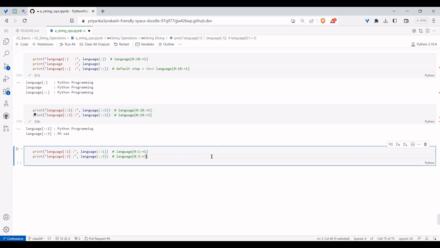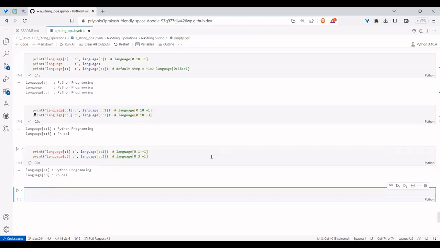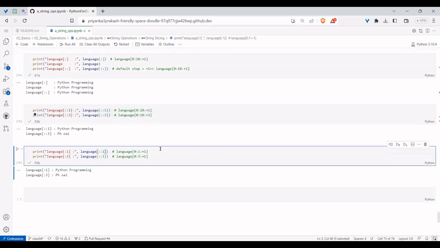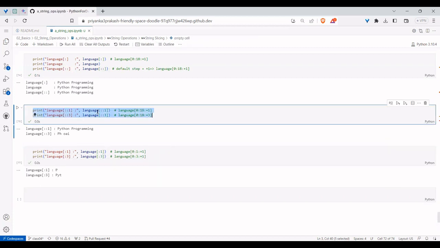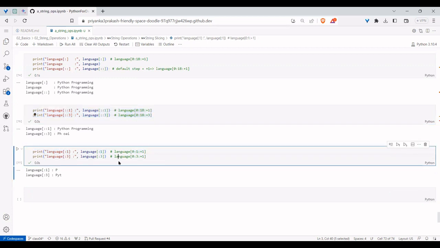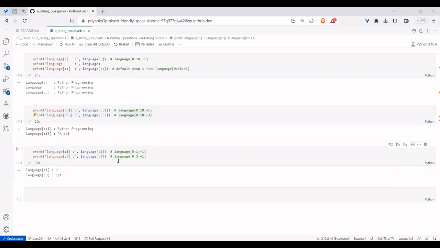The step would be +1 in both cases. Oh, sorry, here we need to change it also, right? That is just a string. Yes, hope you understood the difference between this, which is the default step, and this, which is what you have given as the final index.